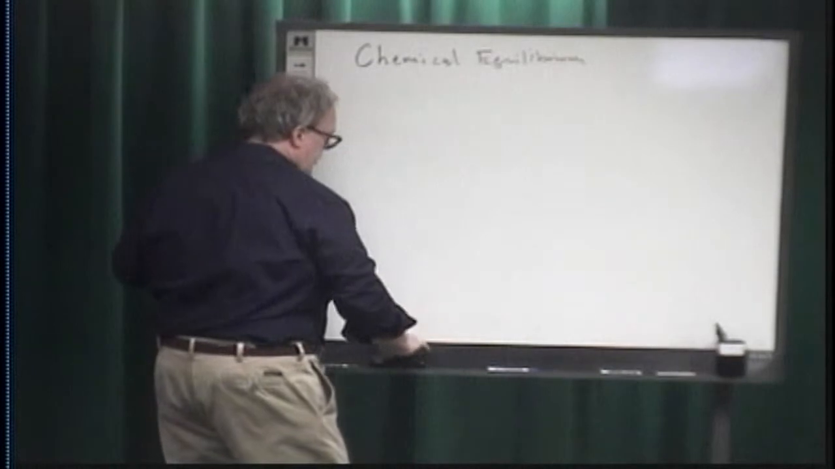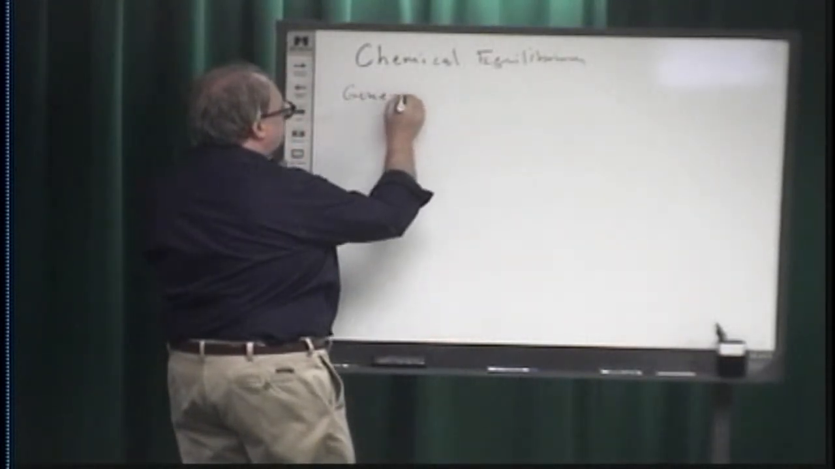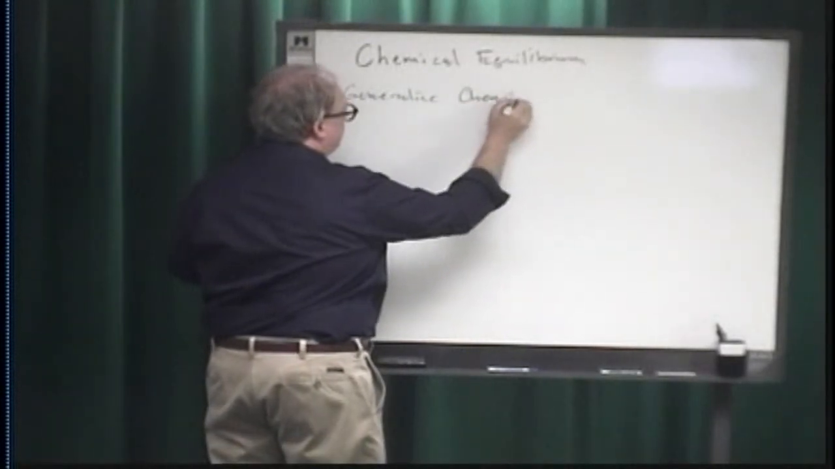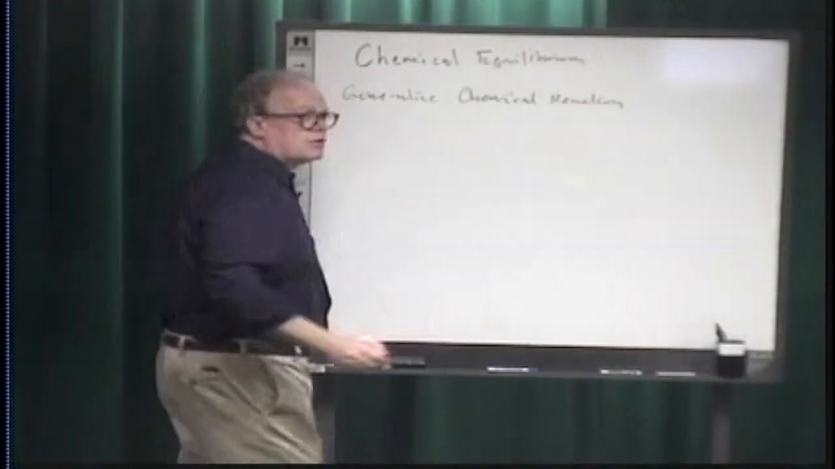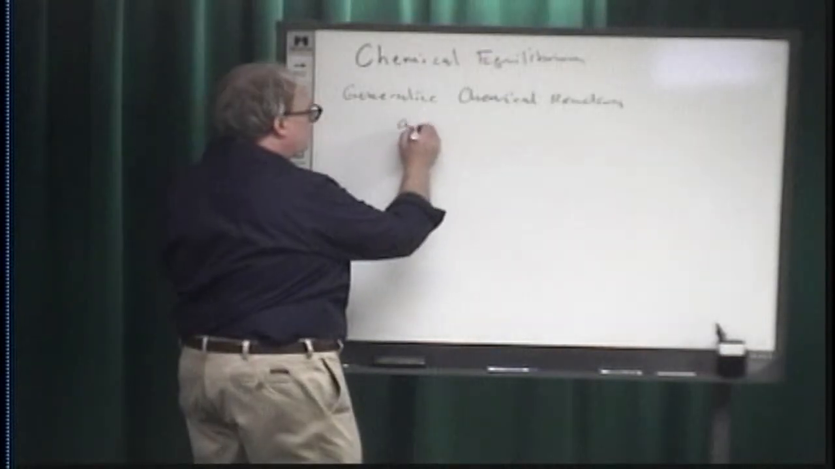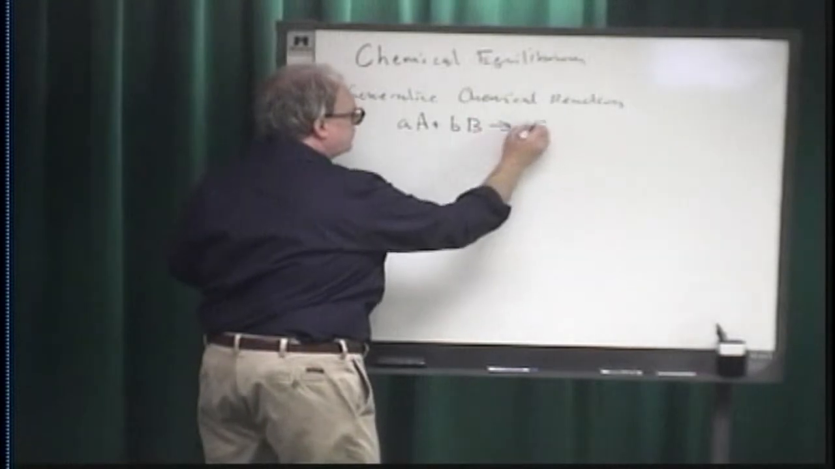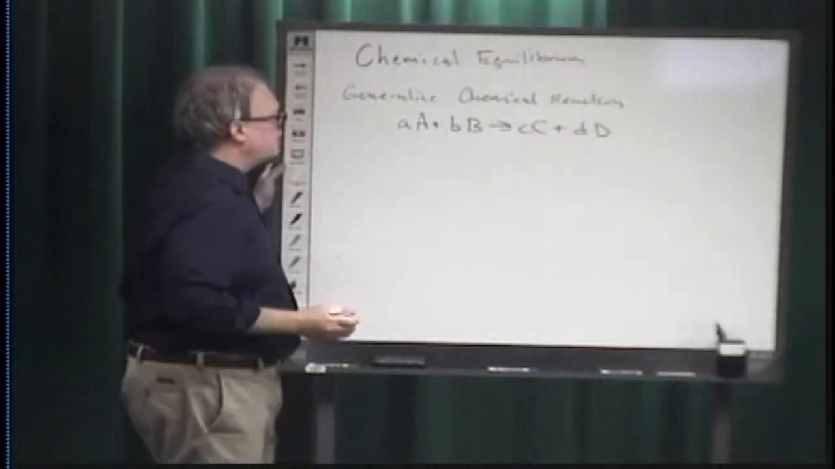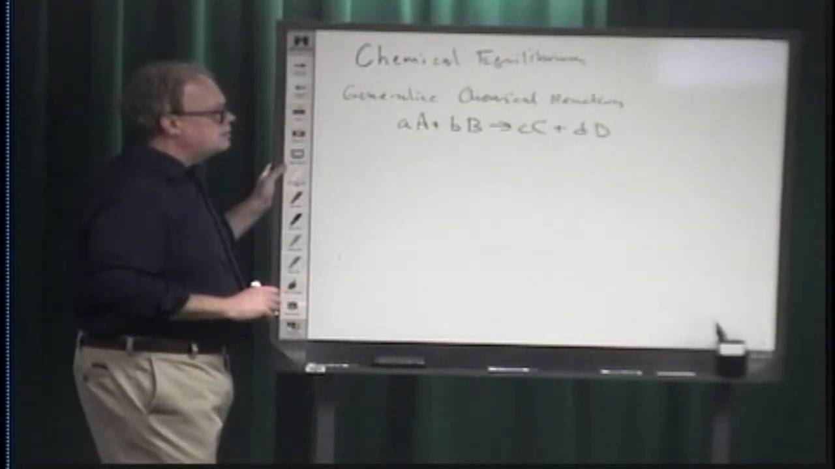So let's consider a generalized chemical reaction, where we have a moles of substance A reacting with b moles of substance B to give c moles of substance C and d moles of substance D. Okay? Now we begin our analysis of